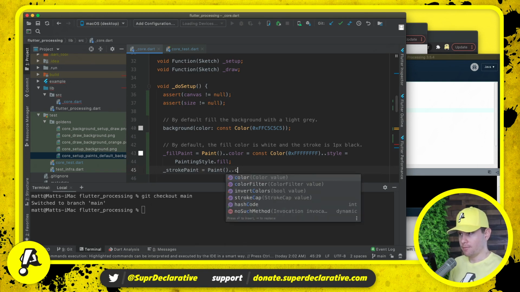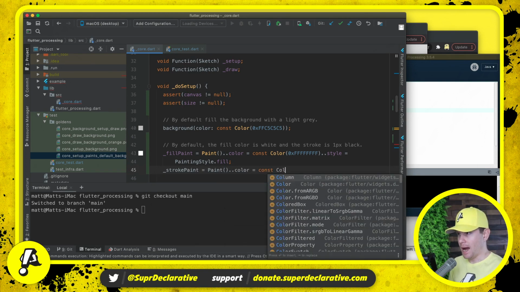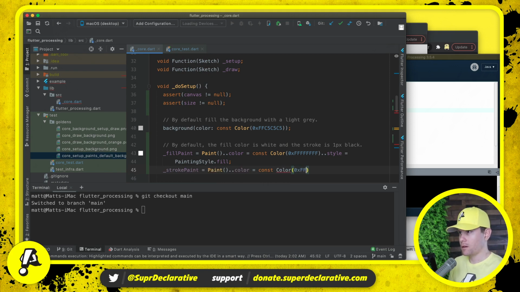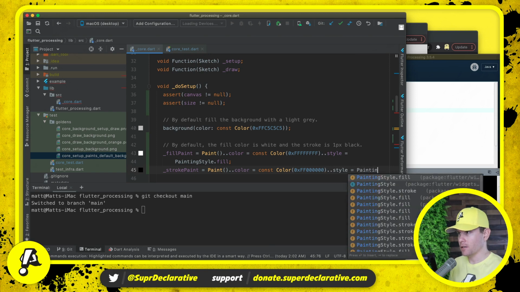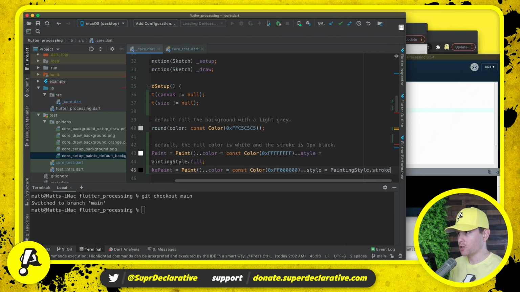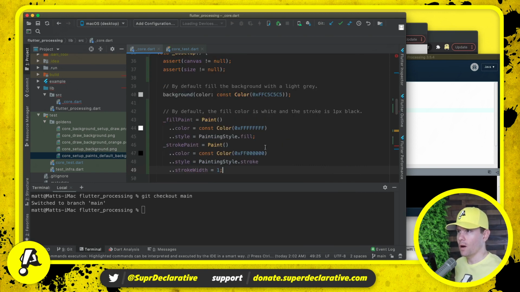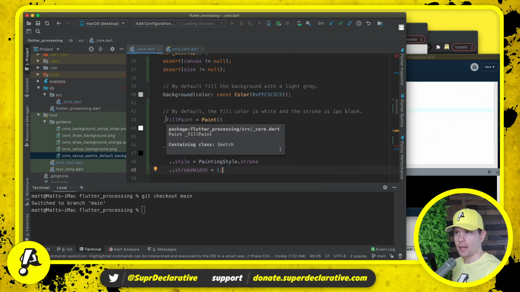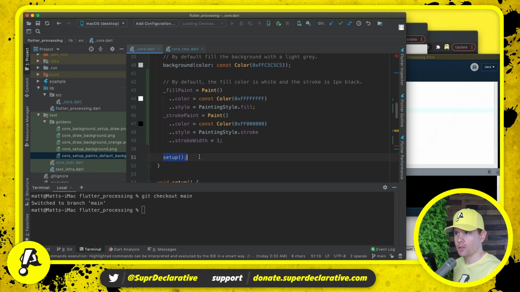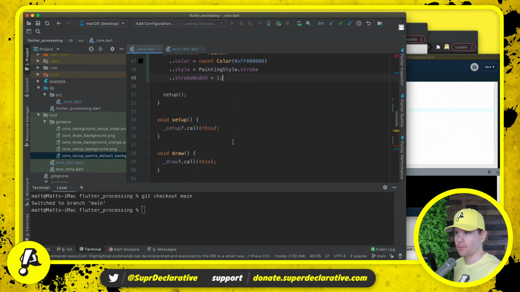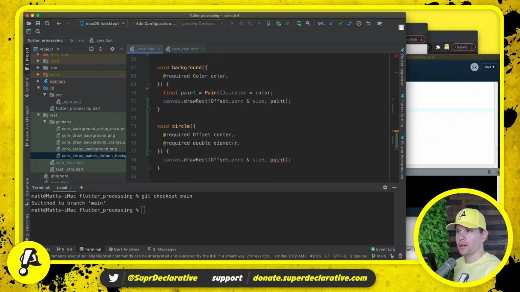And then stroke paint is black, 0, 0, 0, and this style is painting style stroke, and the stroke width is equal to 1. At the beginning of setup, before the user's setup even runs, we're going to configure the default, and then